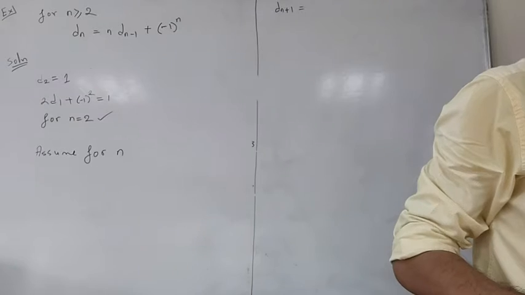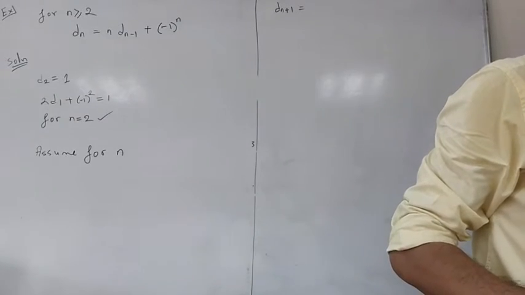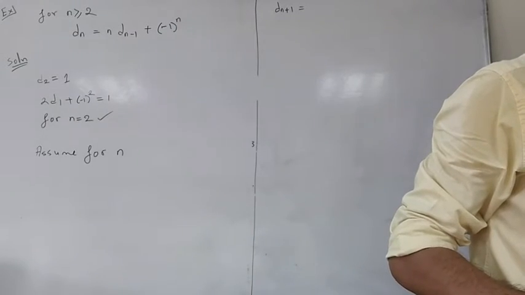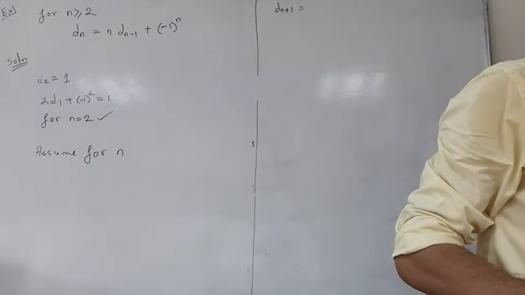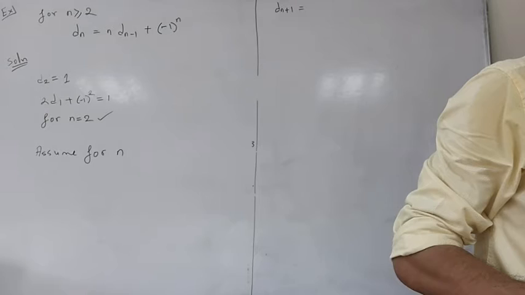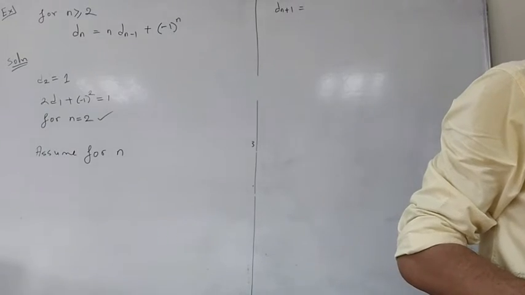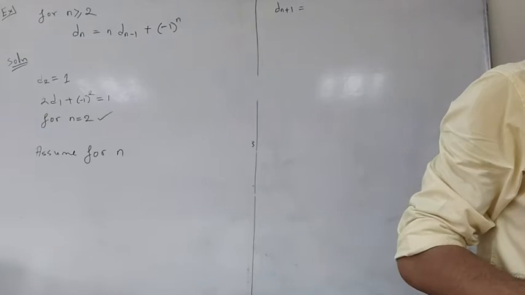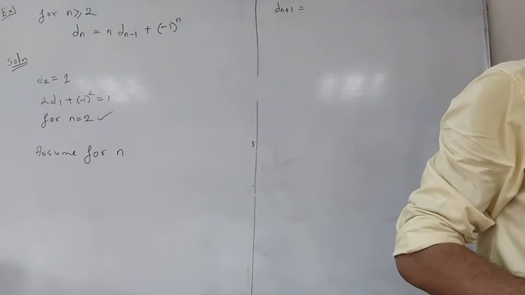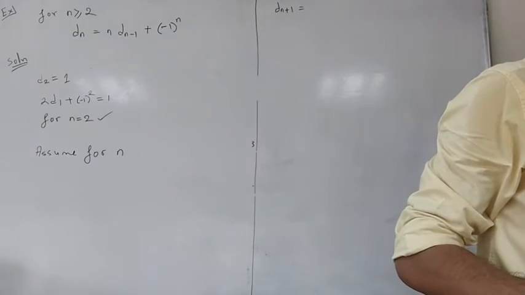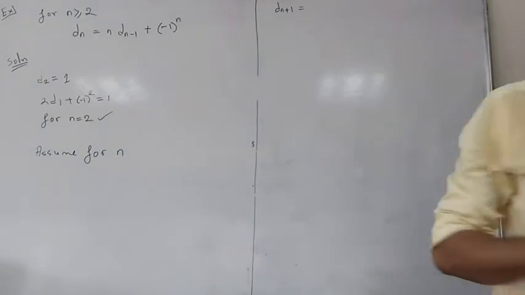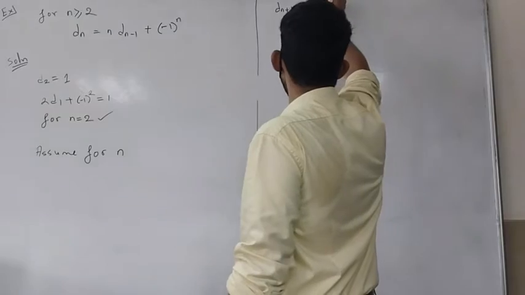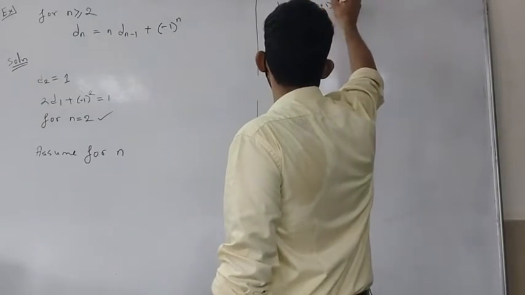I think that was the first one which we had done, right? Here it is. Okay, so what is this? I think we have n factorial. So n plus 1 factorial